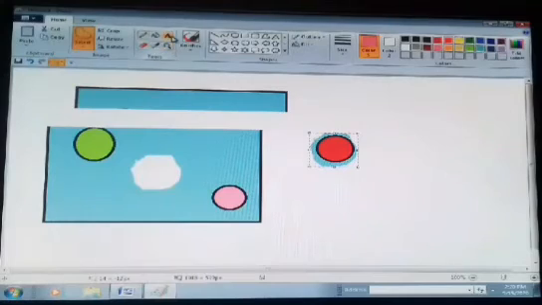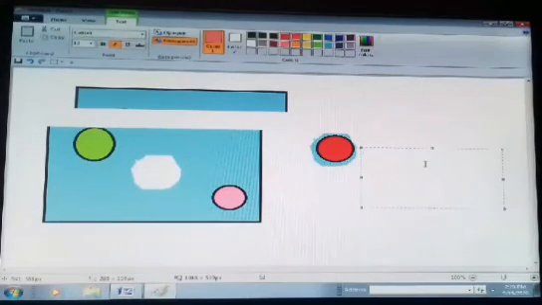Okay students, this is using free form selection tool. Let me change the color.